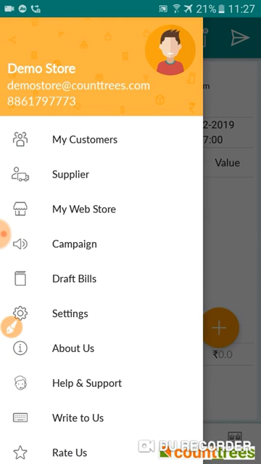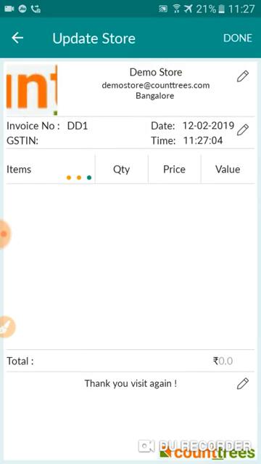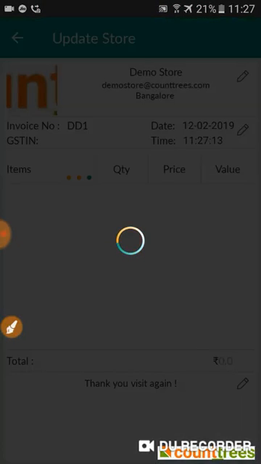In the menu, select Settings, then select Store Setting. Now edit the information as need by clicking this Edit buttons. Click on the Done button at the top right corner here to save the settings. Now you can see your store